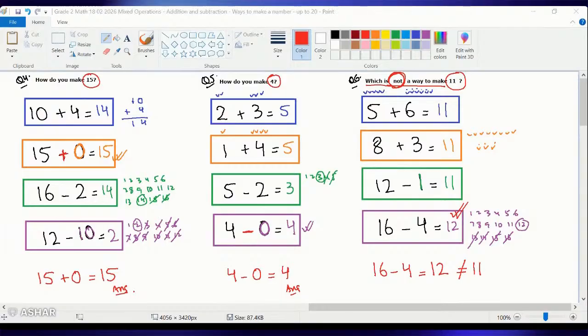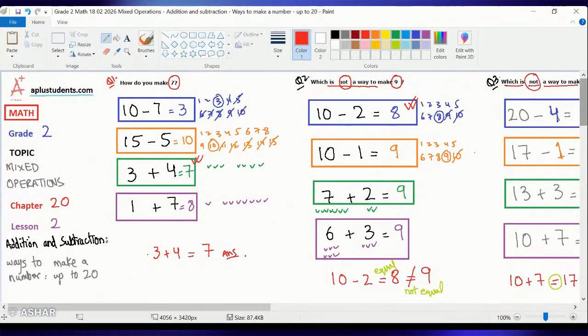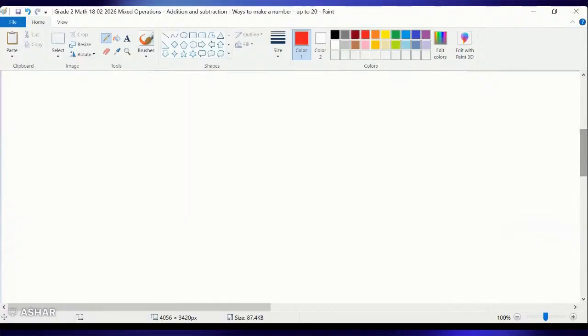Okay, let's have a look at the next question. Question number 7 says, how do you make a 1? They're asking us how we can make a 1. Just a moment, please. Question number 7 says, how do you make a 1? And the options are given as